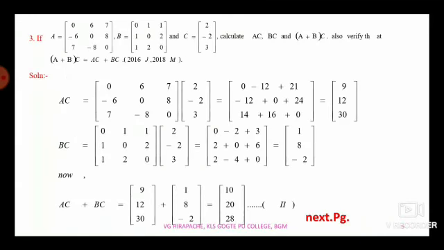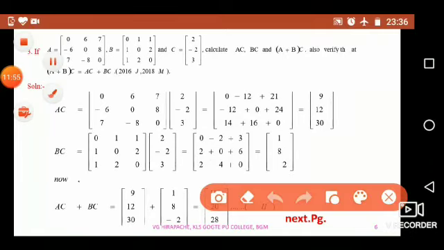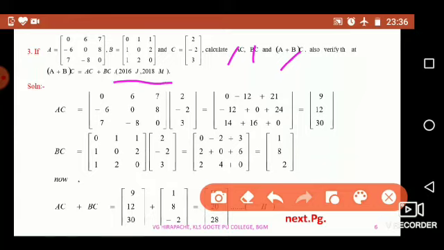Moving to the third question, which is again important. Already we have done this in the previous question. This one has higher order matrices given to you. The earlier question was of order 2 cross 2. Now here is a matrix A of order 3 cross 3. B is also of order 3 cross 3 and C is a matrix which is called a column matrix. Then let me find out AC, BC and A plus B into C. Thereafter we should prove that A plus B into C is always equal to AC plus BC. My dear students, once again this question was asked in the years 2016 July and 2018 March.